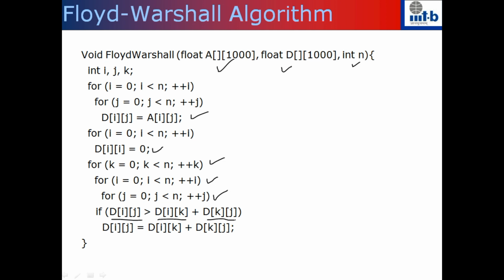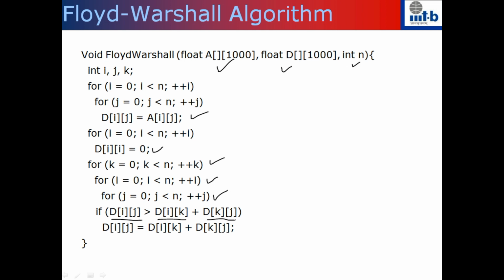It's probably better to pause for a minute, and this code looks very similar to matrix multiplication. If you look at the matrix multiplication code, given two matrices A and B, you want to find a resultant matrix C. You will write three loops, and you write C of i comma j is equal to A of i comma k into B of k comma j. So you keep updating your C of i comma j to be C of i comma j plus A of i comma k into B of k comma j. So there is a lot of similarity between this and the matrix multiplication.